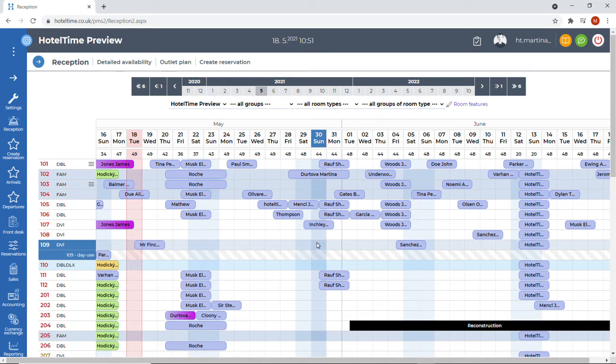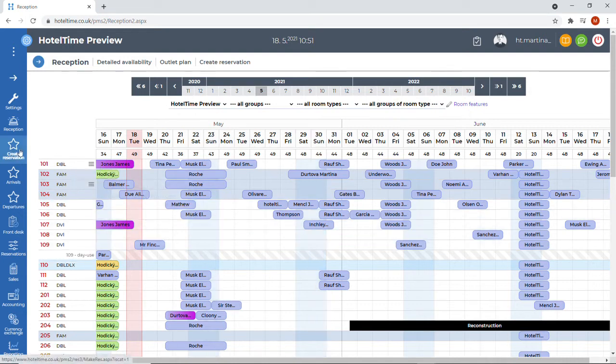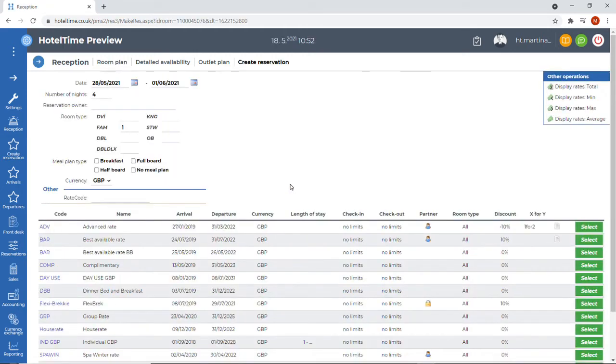How to create a standard reservation. There are two ways to create a reservation. You can click on the favorites icon on the left side of the screen, or you can click on a blank space on the room plan. This leads us to step